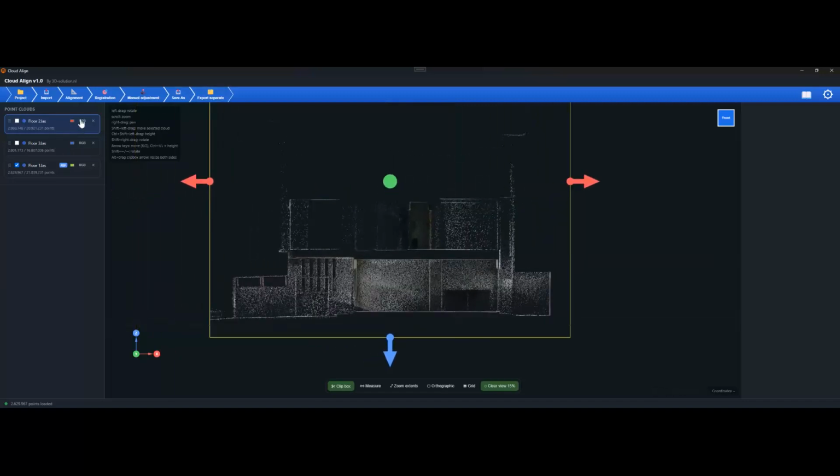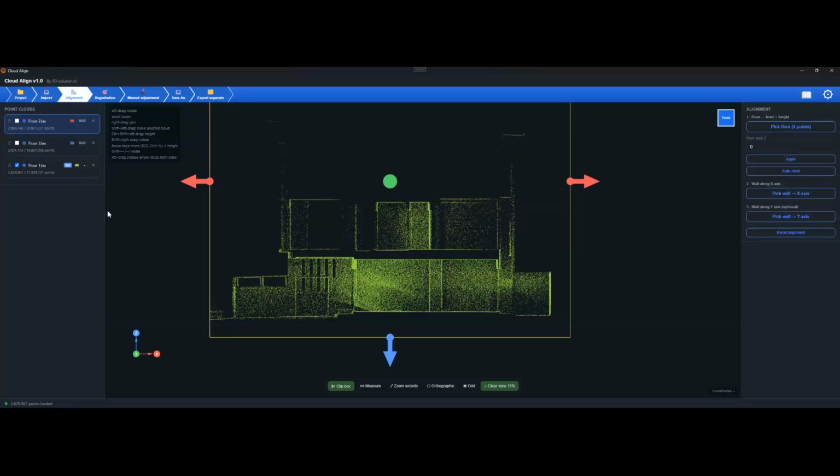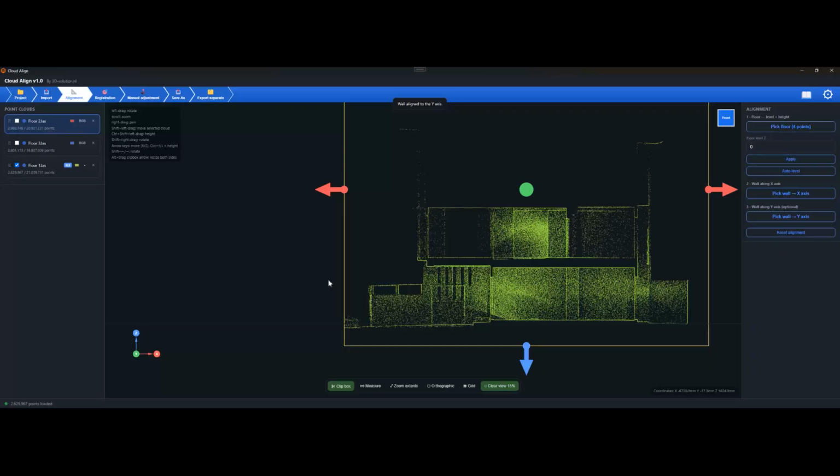Next, we switch the cloud to a single, solid color instead of RGB. With a flat, uniform color, the wall surface stands out much more clearly, so it's easier to see exactly where you're clicking. Only then do we click Pick Wall and select points on that surface. CloudAlign snaps the whole scene square to the axis in a single click. In this case, we start with the Y-axis and optionally follow up with a second wall along the X-axis for